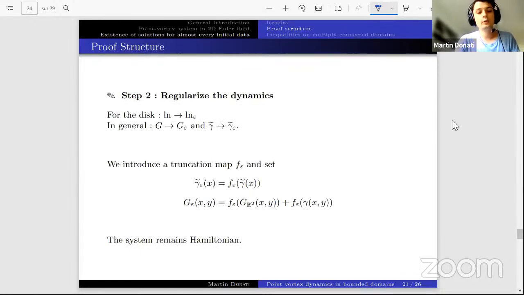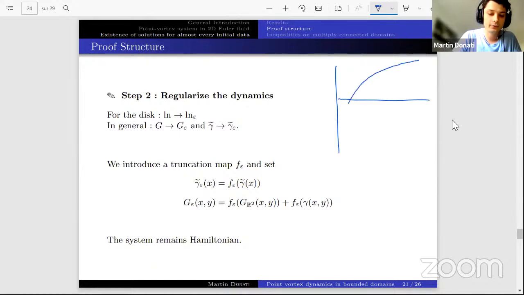The second step is to regularize the dynamics. Why do we need to do that? We need to do that because to be able to compute, we need to know that there is a solution. Okay, so what we do is that we don't change the dynamics while points are far from each other, but when they get close at the scale epsilon, we make the dynamics smooth by force. Okay, so what Marco and Pulvirenti did, they switched their ln, their logarithm function, with a threshold epsilon. They replaced it with something smooth.